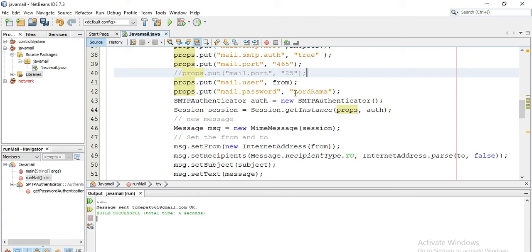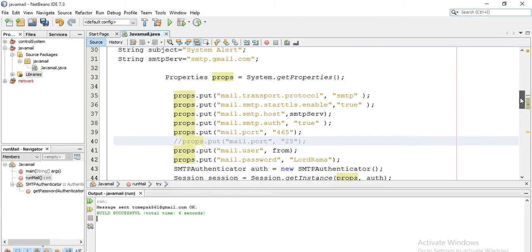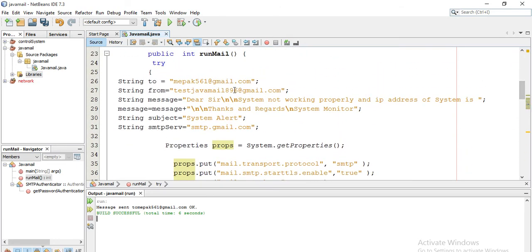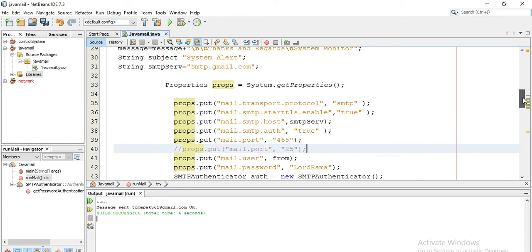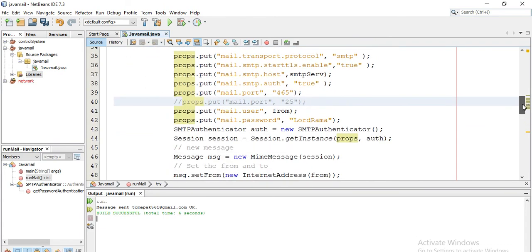So mail dot password is the password for this sending email, the one from where you are sending. But you don't need any password for the recipient. If you are sending mail to someone, you don't need their password, but you need the password of the sender.